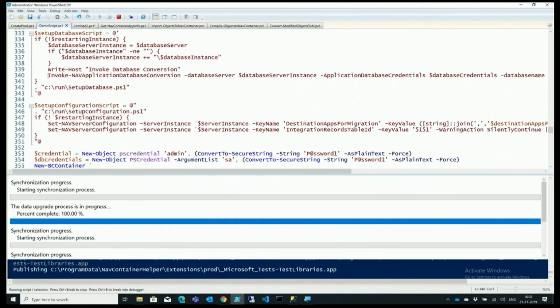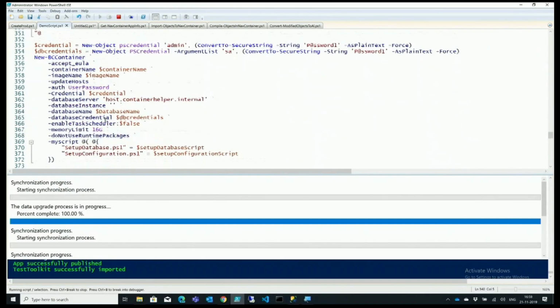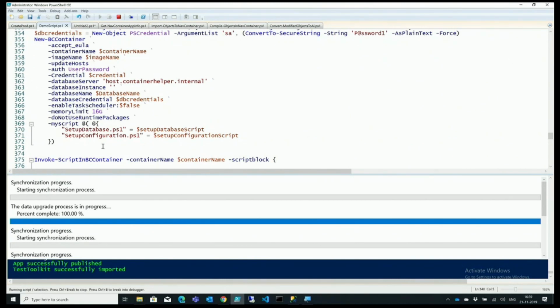Again, if I didn't want to do it here, I could start the container and reconfigure the service tier afterwards and then restart the service tier. And I could point to my database after starting the service tier, of course. By doing it this way, I'll get a service tier running in a container, and it's doing the database upgrade